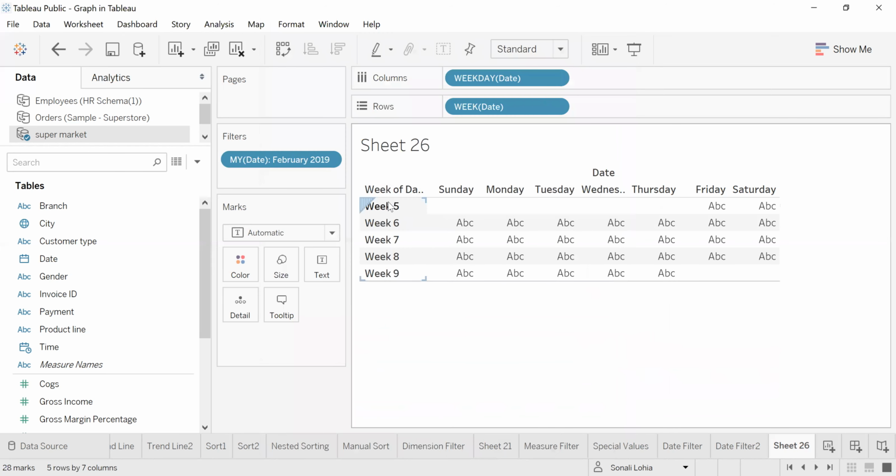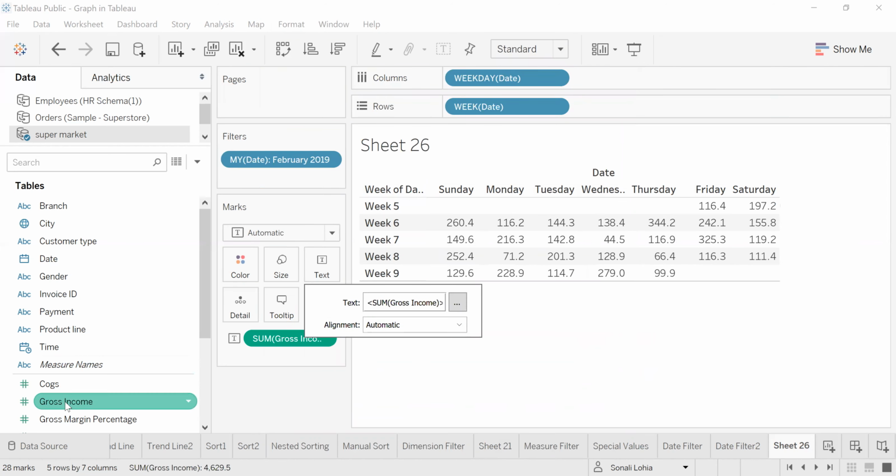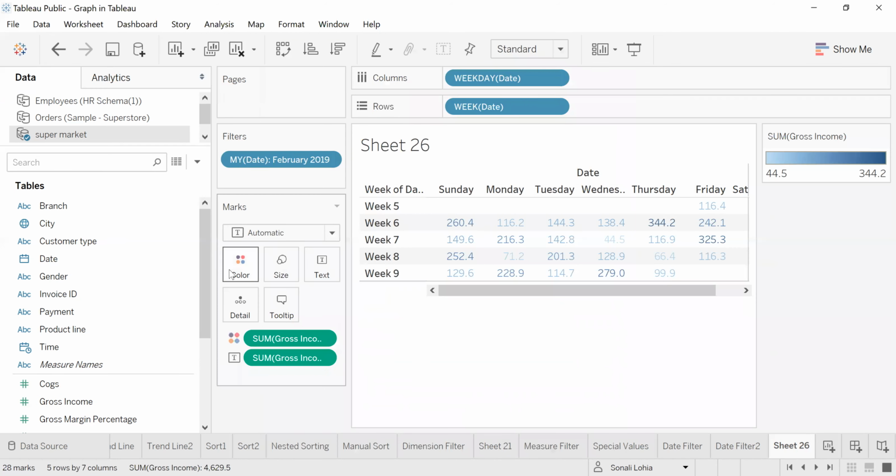Now you will see in that particular month, I have 5 weeks, and 7 days in a week, right? So it is showing like that. Now bring your gross income column to the text. If you want to show it in the text, you can also get it on the color.